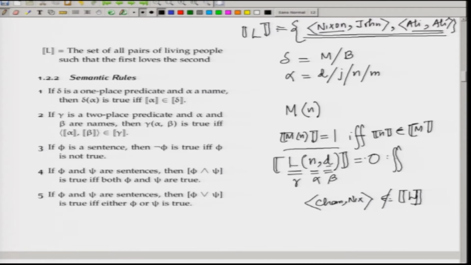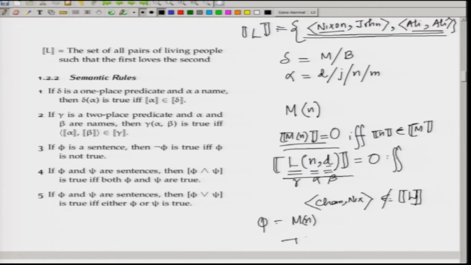Now, suppose Noam Chomsky is not a mustached person. So, the truth value of this sentence is also 0. So now we have two sentences. The truth value of this one is 0, the truth value of this one is also 0. Let us take the first sentence, that is M N. So, if phi is this sentence M N,